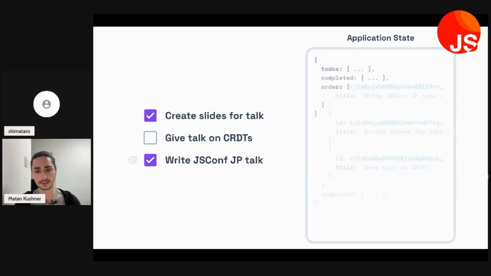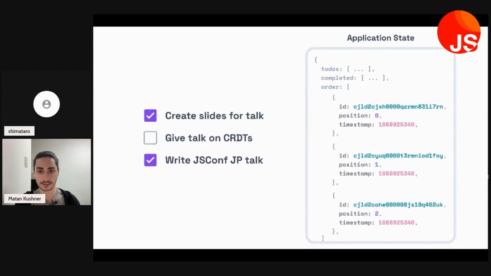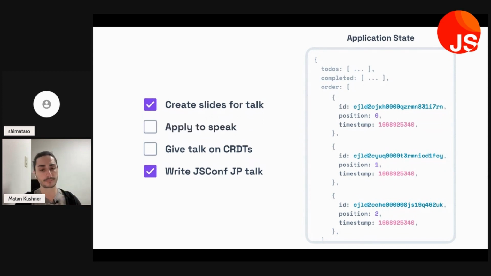The naive solution would be to create a new order field and give to-do list items positions with integers. And you can maybe start to see how this can start producing issues. If you have two entries that are created adjacent to each other, you might need to use similar positions or change positions. Here, let's take a look.